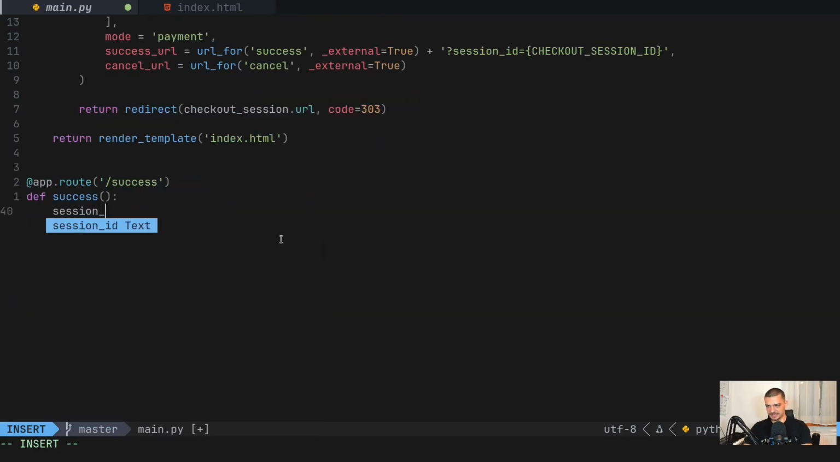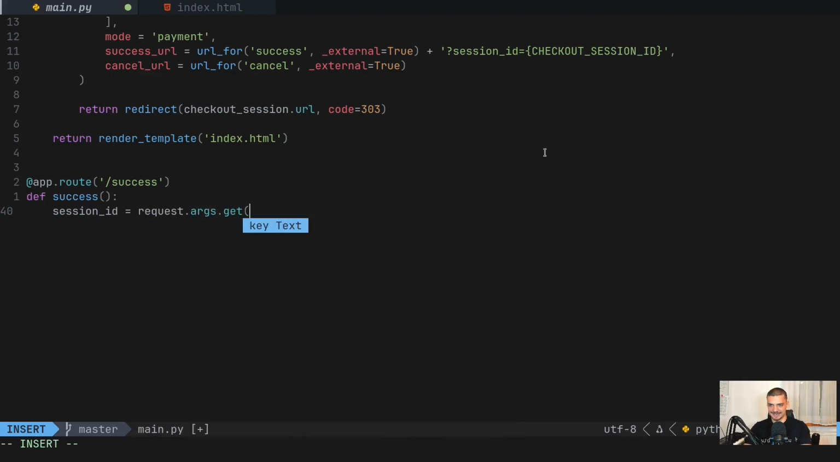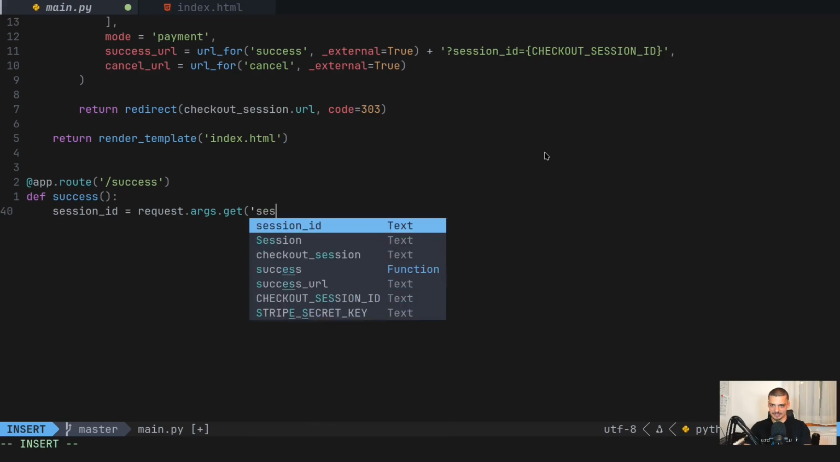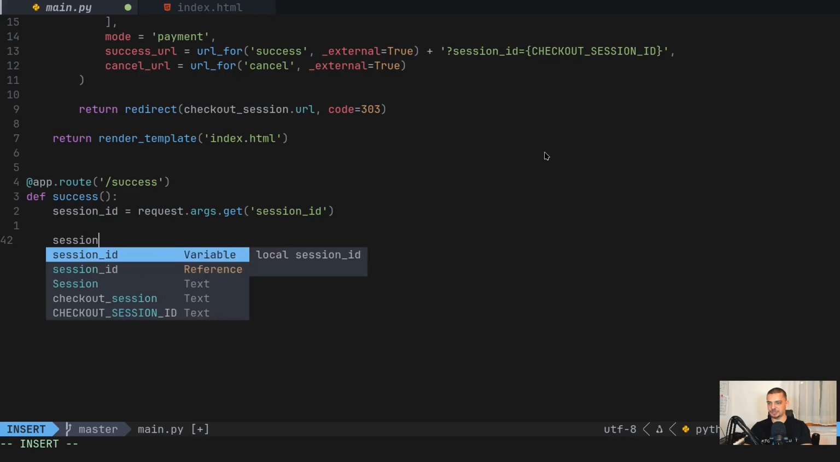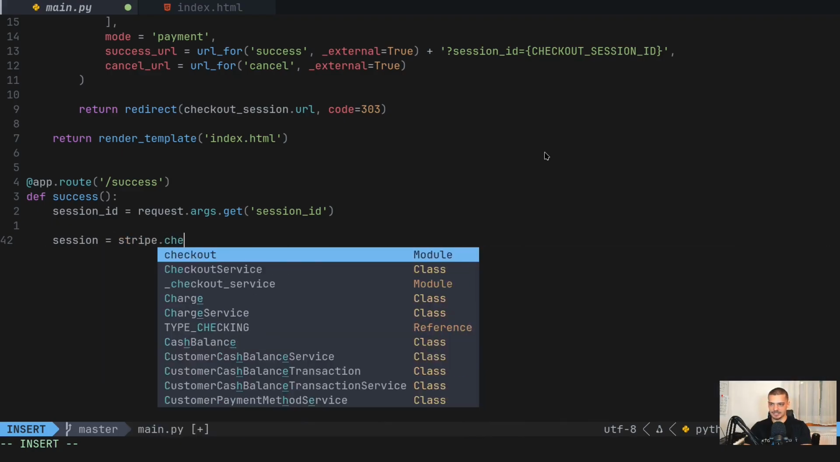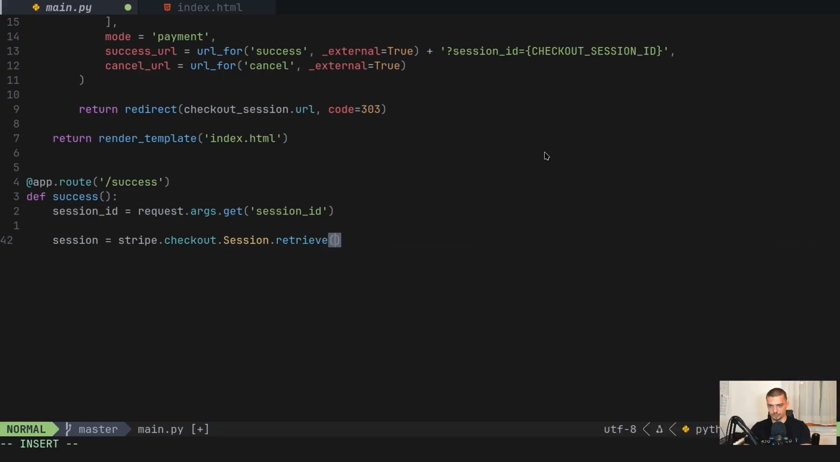So we're going to get the session ID from the URL. This is what we're passing here with a question mark. This is what is filled by Stripe. So we're going to get that by saying request.args.get, and we're going to get the session ID. And then we're going to say the session is equal to stripe.checkout.session.retrieve. Now we're not creating, we're retrieving the existing session based on the session ID, and then we check